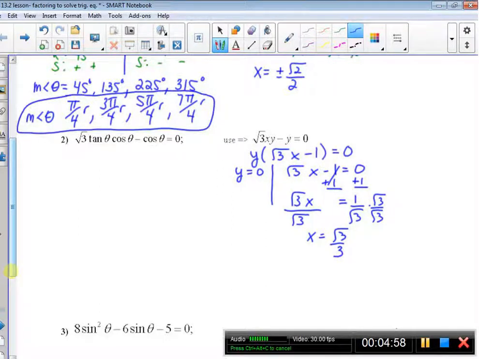So then now you got to go back and say, okay, tan was the x, and cosine was y. So when we say y equals 0, that would be cosine of theta equals 0. And when we say x is tan, so we have x equals radical 3 over 3, that would be tan theta